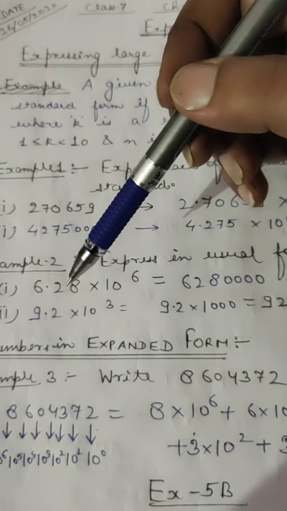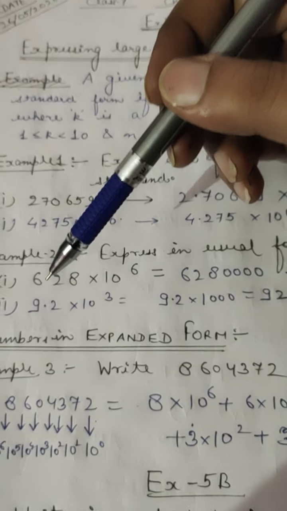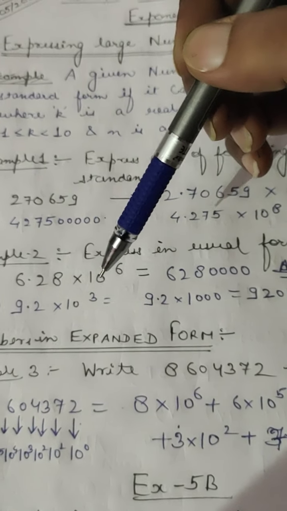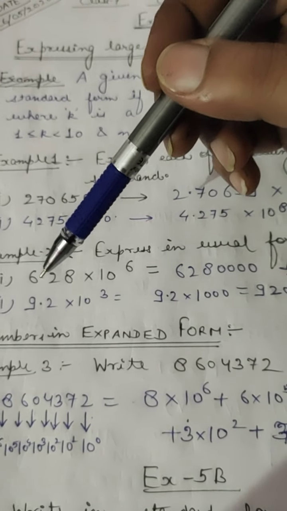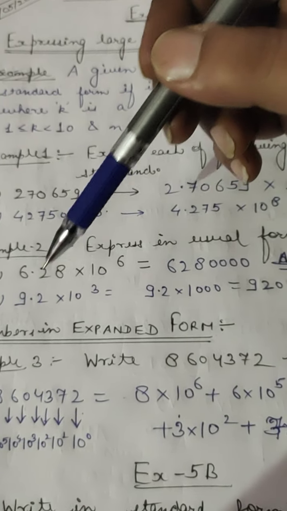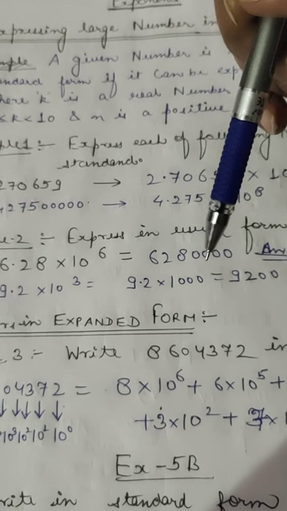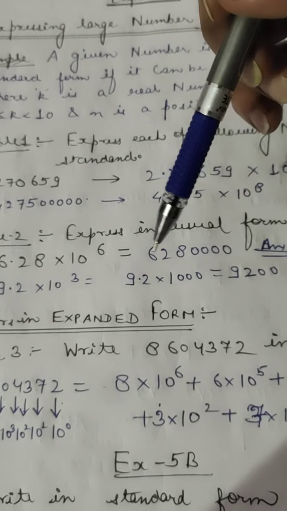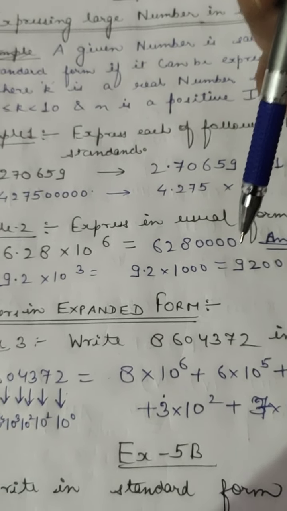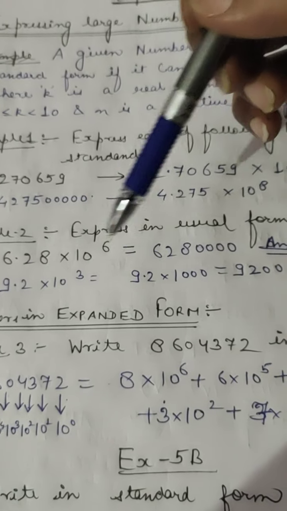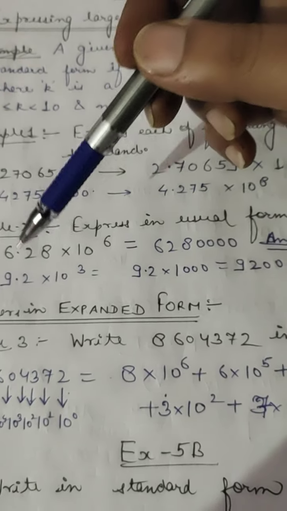Simply multiply the given number by 10 to the power 6. So 10 to the power 6 means the decimal will be shifted to the right side how many places? 6 places. Right now after the decimal how many places are present? 2 places. So you will add 4 more zeros. After adding 4 more zeros, you will shift this decimal after 6 places. Hence 10 to the power 6 is resolved like this. This is the usual form representation of this number.